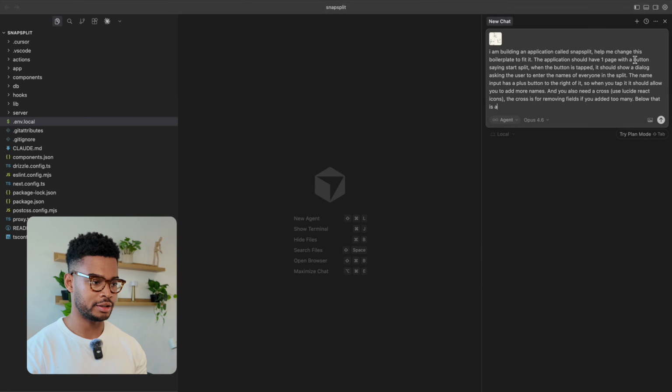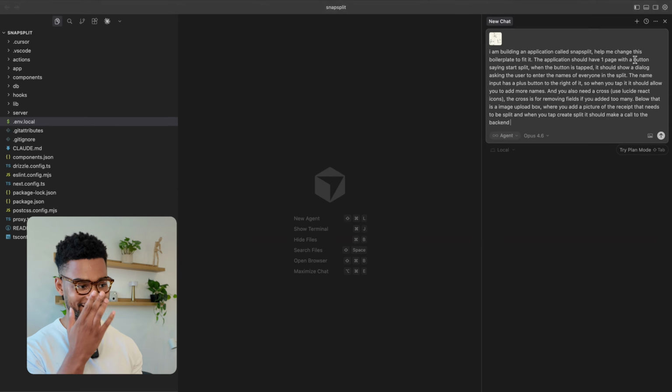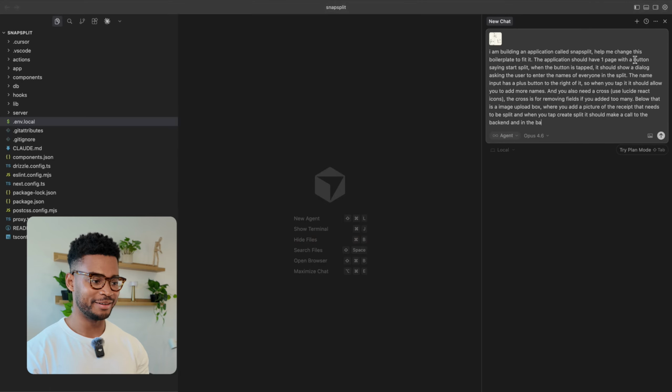Below that is an image upload box where you can add a picture of the receipt that needs to be split. And when you tap create split, it should make a call to the backend. This is a long prompt, and in the backend,